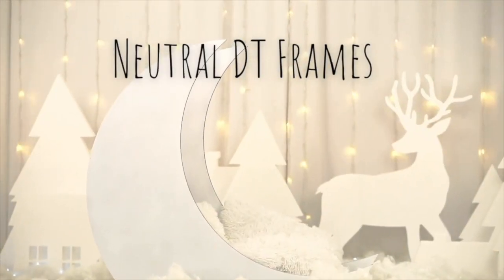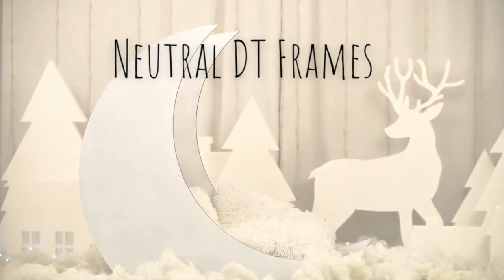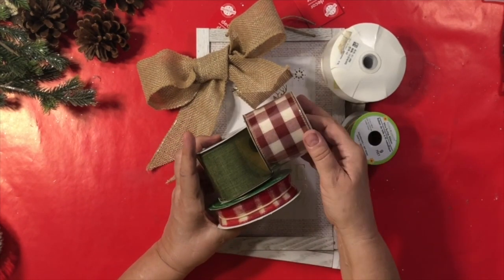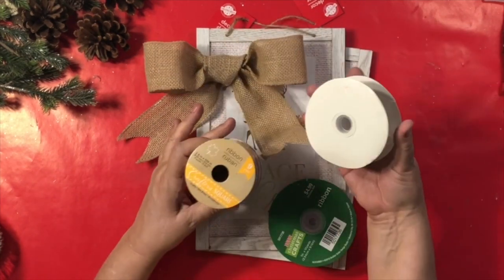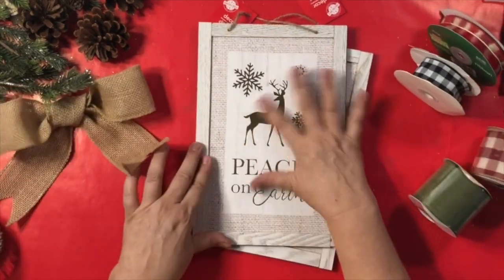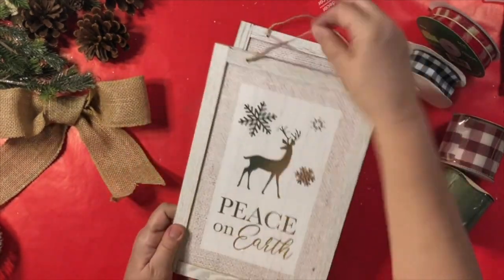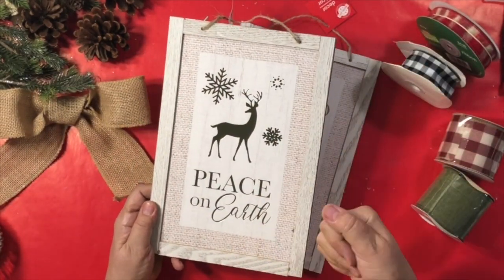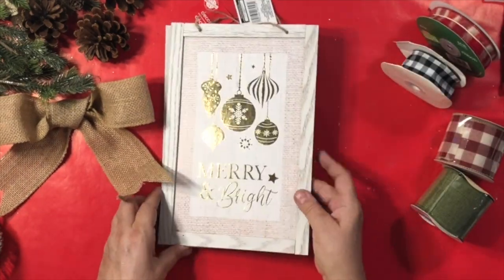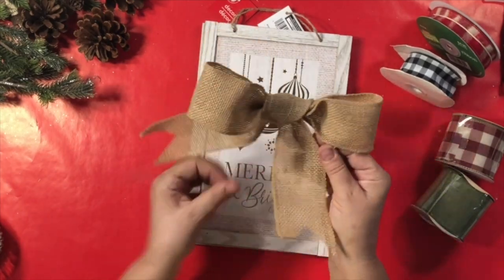And our last project today is called Neutral Dollar Tree Frames. This is so easy. Oh my, the hardest part is deciding what ribbon you want to use. I have all of these we're going to try out and see if you like it, but look at these frames at Dollar Tree. A+ Dollar Tree. I'm not going to do one thing to it. You could take maybe some darker stain around the frame part,